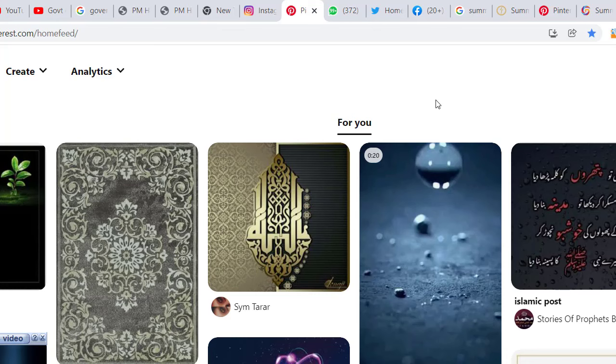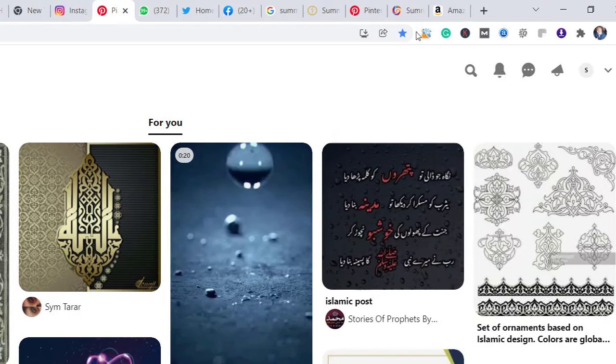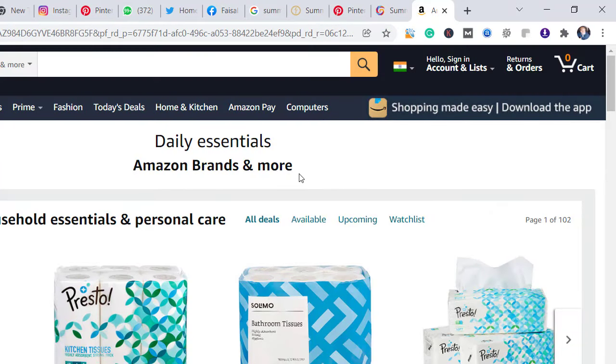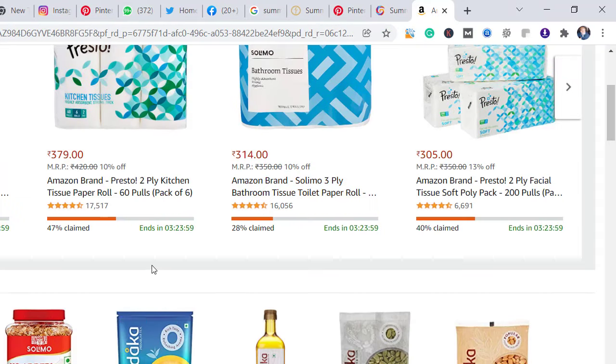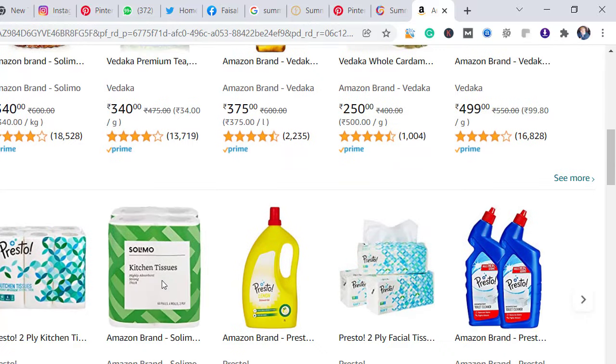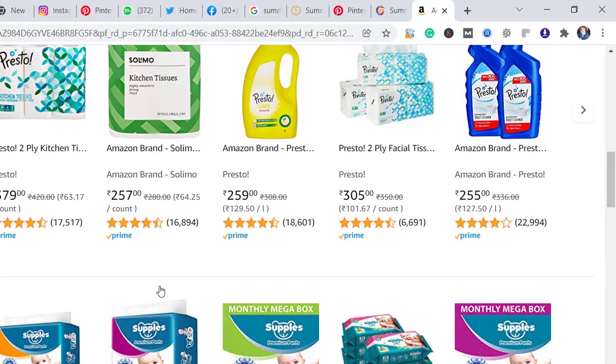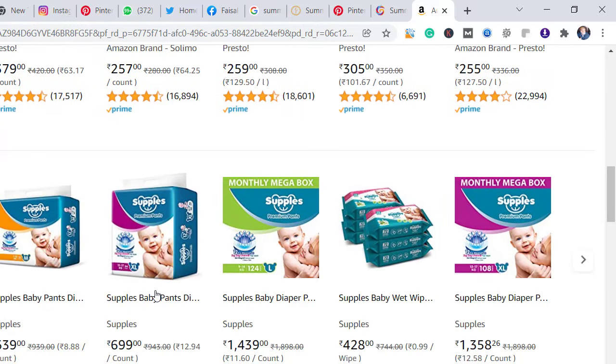So today we discuss how to search for a photo in Google, and how we download photos from Instagram, from Pinterest and other sites. Especially on Amazon, where many people work and need product photos with good resolution.